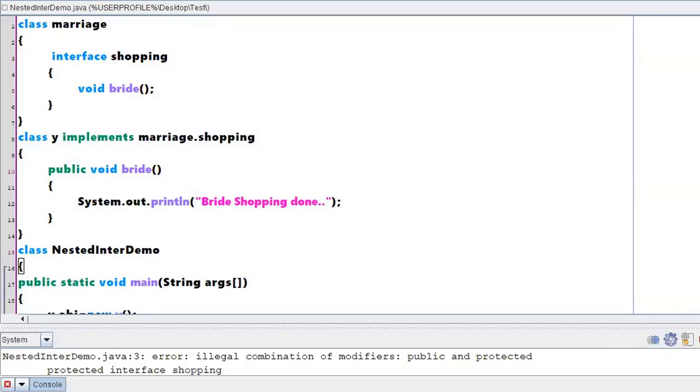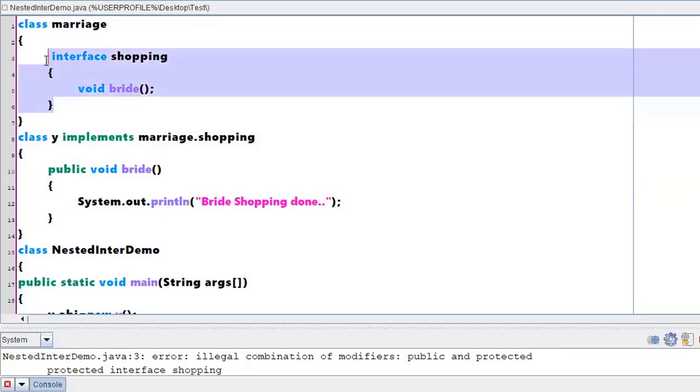When I am including an interface inside a class, then what am I doing? I am making this particular interface a member of a class, right? When it is a member of a class, other access modifiers can be applicable to that particular interface. When an inner interface is a member of another interface, as the name itself says, the basic property of an interface says that in an interface, everything is public. You cannot have any other access modifiers for the inner interface. Clear with the conclusion?